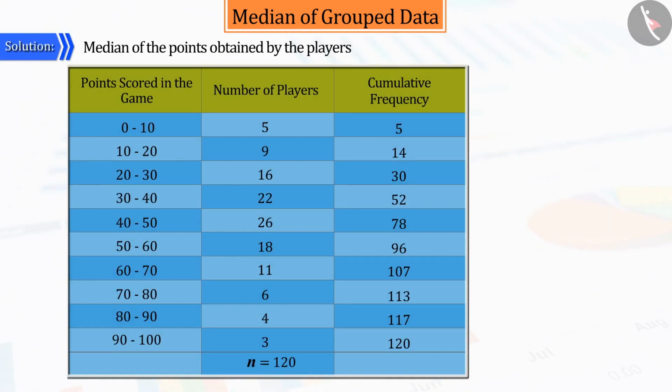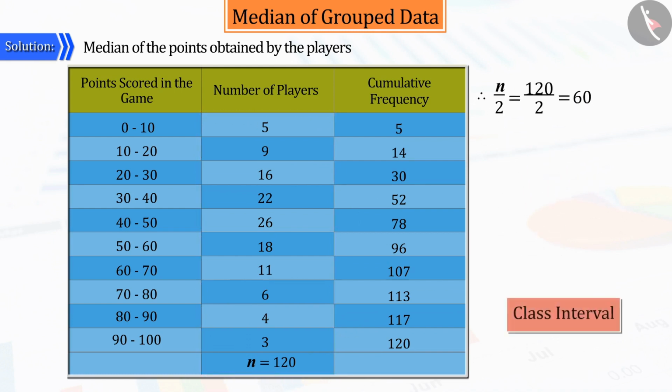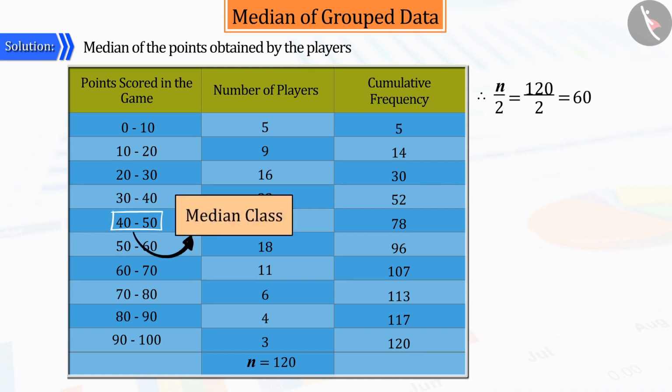You can see that here n is equal to 120, which is an even number. Therefore, if the number of observations is even, the median observation will be n by 2. So here, looking at the value of the median n over 2, that is 60, can you tell it is greater than or closest to the cumulative frequency of which class interval? Well done. The class interval of 40 to 50 is the only one whose cumulative frequency is more than 60 and also closest to it, which we call the median class, where 40 is its lower limit and 50 is